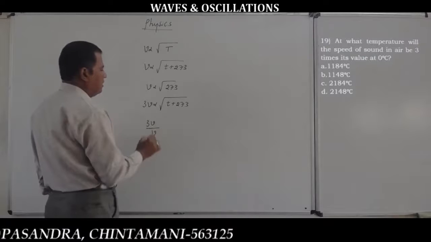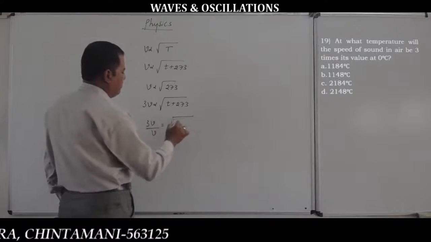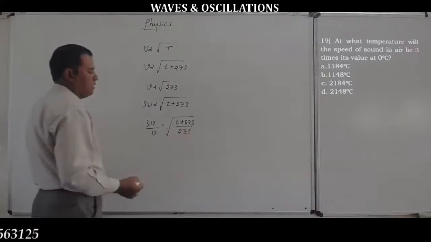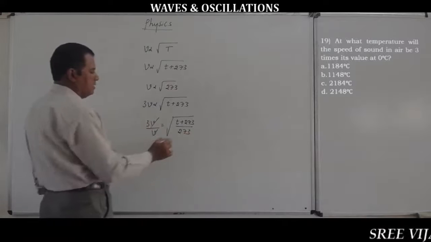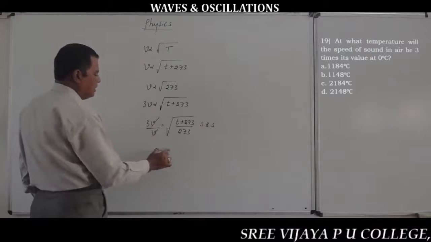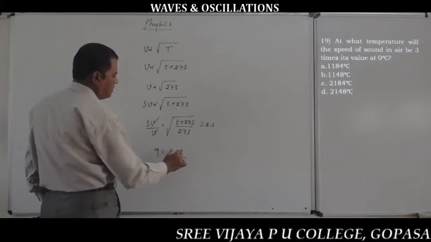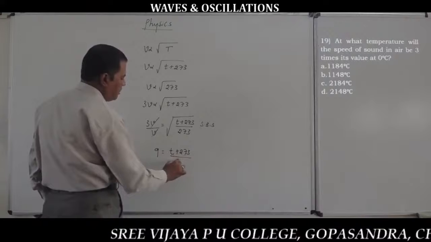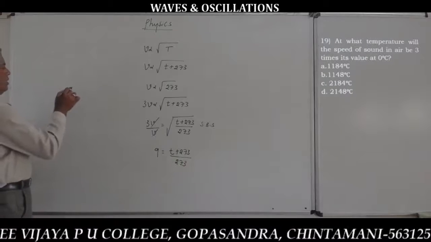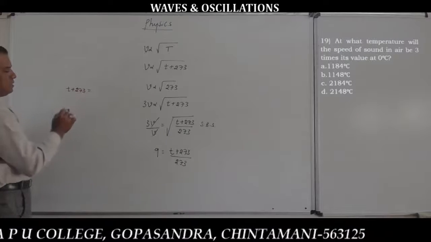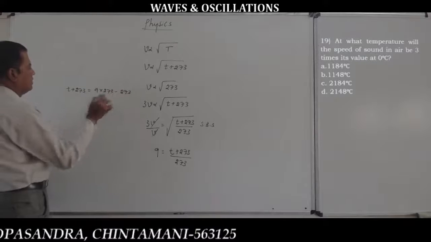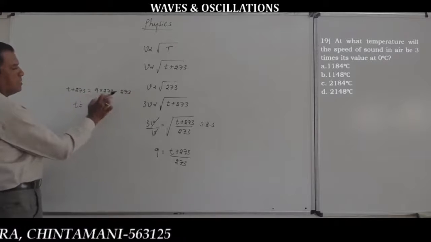3V by V is equal to square root of T plus 273 by 273. V and V get cancelled. Let us square on both sides. Squaring on both sides, 9 is equal to T plus 273 by 273. T plus 273 is equal to 9 times 273, minus 273. T is equal to, since this is 9 times and this is 1 time,